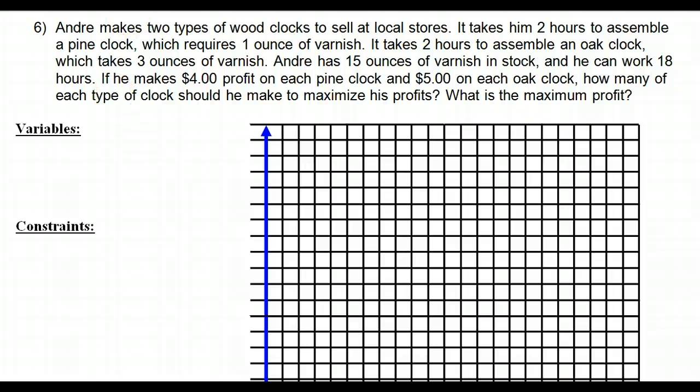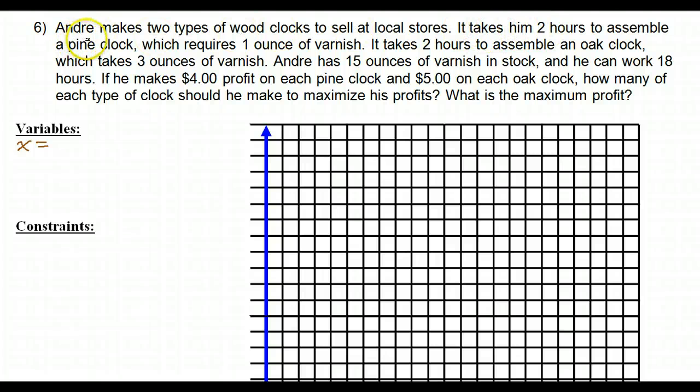Okay, first we have to define our variables. I look to the end. I look to what are we being asked to find, and that's how I define my variables. How many of each type of clock? So the variables need to represent each type of clock. Well, how many? So the 2 types of clocks are